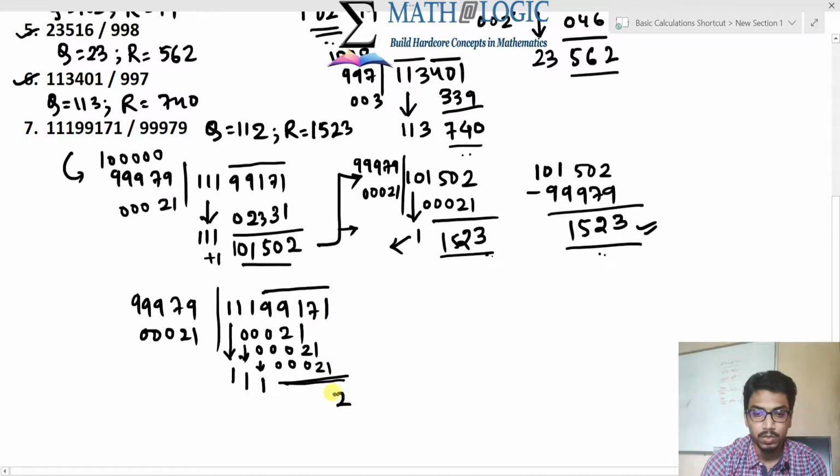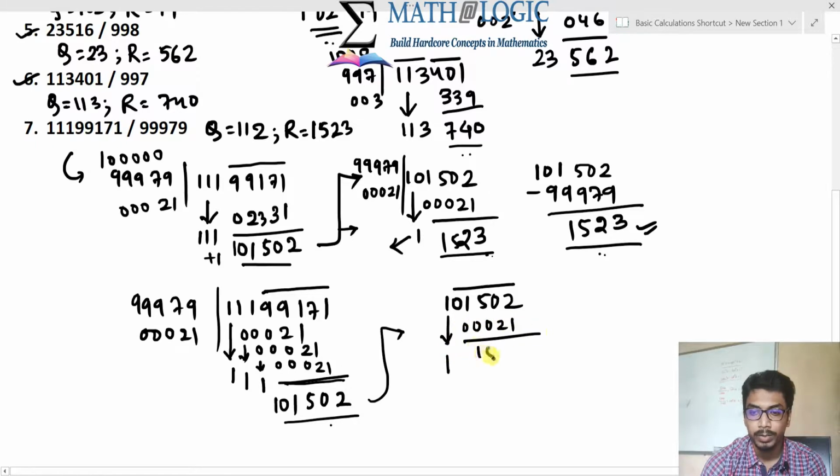It is 1 plus 1 2, 7 plus 1, so it is 0, carry 1, 1 plus 1 2, plus 2 4, plus 1 carried 5, 9 plus 2 it is 11, so 101502. See, the same remainder was coming as the previous one. So in this case also 101502, here also this part is the remainder, you can drop 1 over here and multiply it with 00021. See, the remainder is 1523 again, and as we know that this is the extra quotient which is to be added over here. So in this case also the quotient is 111 plus 1, that is 112. Clear?